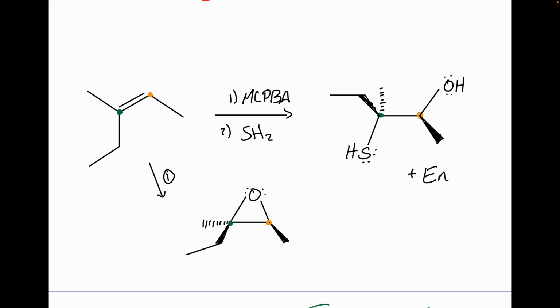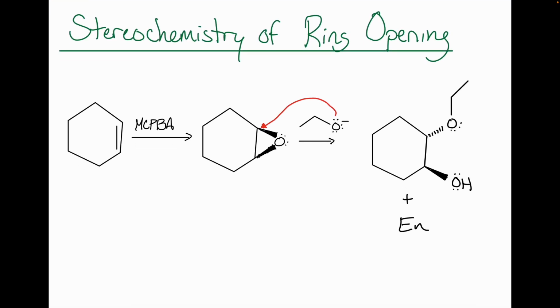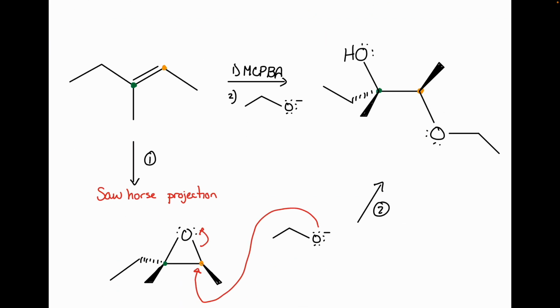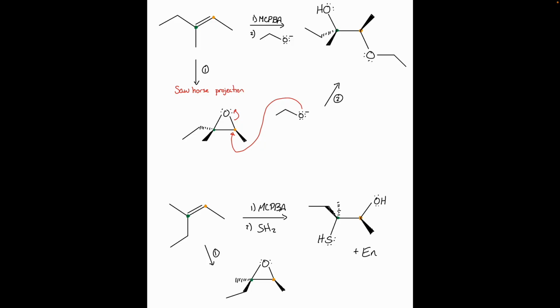All right, cool. So that's how we can keep track of our stereochemistry with our ring opening reactions. When we're talking about rings, it's a little bit more straightforward. We always get that cis product. When we're talking about our alkenes, we're going to use these sawhorse projections to keep track of our